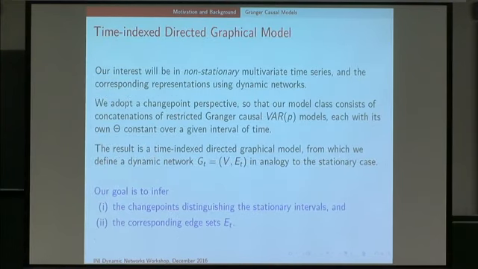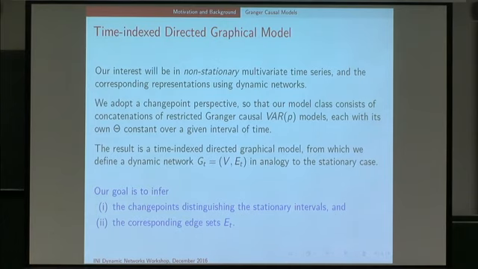All right, so let me talk now about time index graphical models. What we're going to do is cast a particular non-stationary framework. It's going to be a very simple one: blocks of stationary pieces. One can be more careful and build those blocks in such a way that they're well-defined in the sense of a formal probability space across the entire time interval. We're not going to go through those details, but one can do that if one wishes.